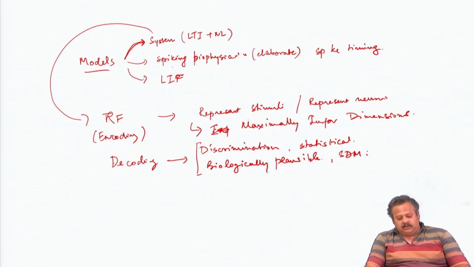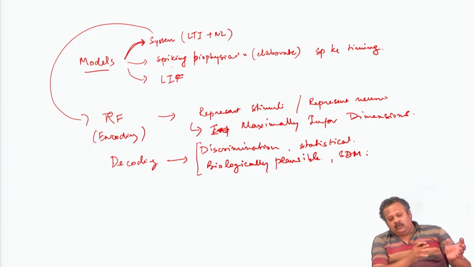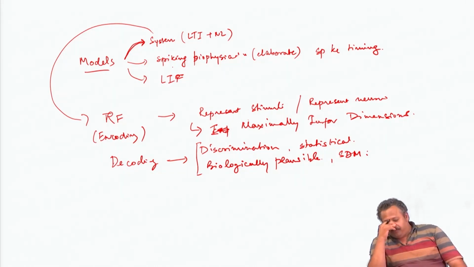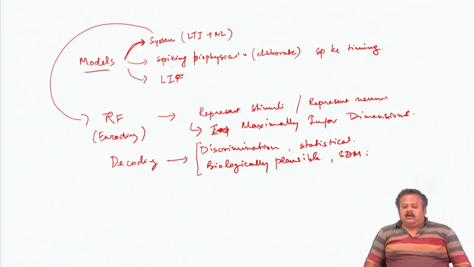So the things that we have talked about so far are all sort of ideas in isolation, that is, either it is one stimulus and its representation in the spike train, or from the spike train getting back the stimulus, reconstructing the stimulus, or saying which stimulus of the two might be present, and so on. It is devoid of an overall behavior incorporated in this whole scheme of things.